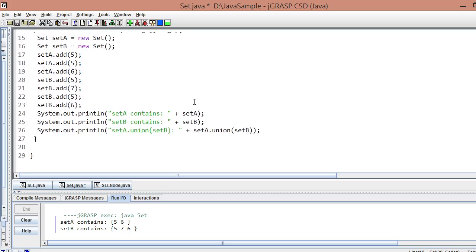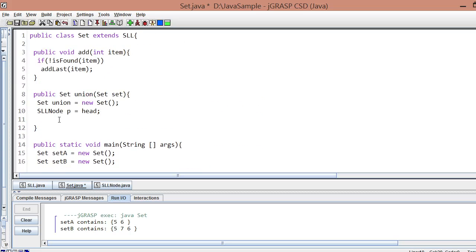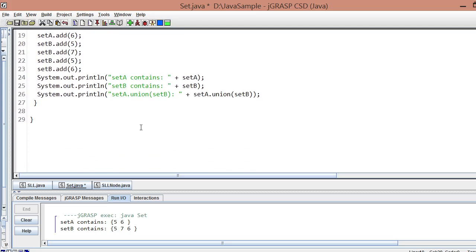So what we're doing here is the P holds what head is pointing. So we're talking of the calling object, the set A.